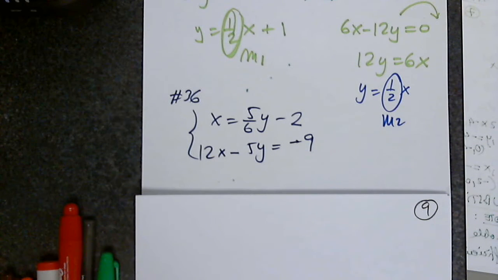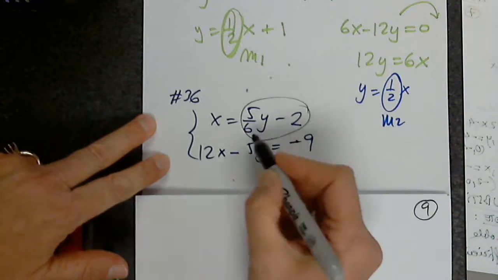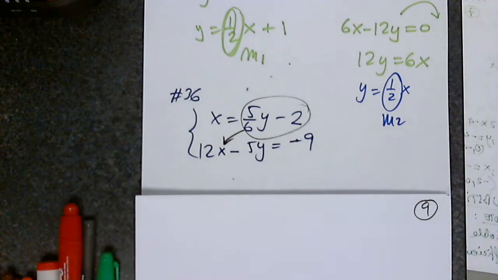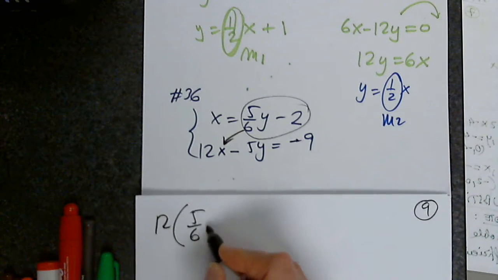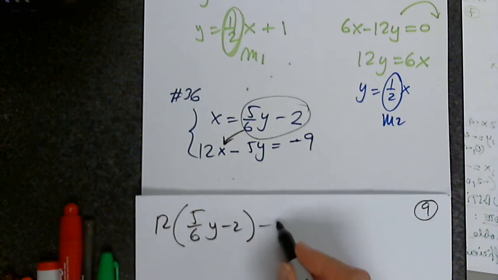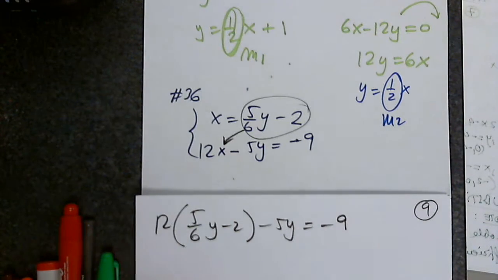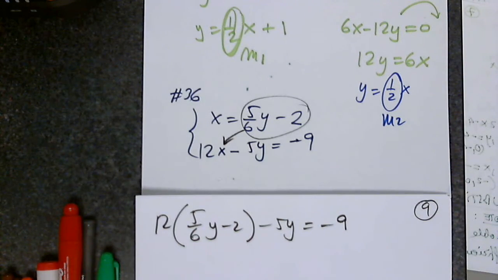What will I do? I already have an equation solved for x. I'm done. This has to go in here. There is no question. I'm asked to use substitution. I have the first equation solved for x. It's given to me already. So in the second equation, I will replace x by 5/6y minus 2. Let's do it. So 12 quantity, 5/6y minus 2, close the parenthesis, minus 5y equals -9. Good. What do I do next? Yes, please distribute. I'm gonna stop the video and